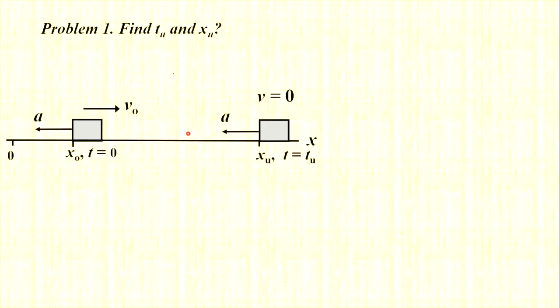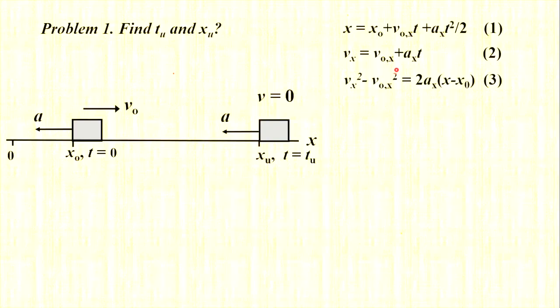So how to solve it? First of all, we know initial conditions, so we know initial acceleration, initial position, and initial velocity. Now we know the final velocity of the object at the U-turn point. Of course, the object will move later to the left, but at this moment its velocity is equal to 0. So we can apply kinematic equations in this form, and we can write initial x components of velocity and acceleration